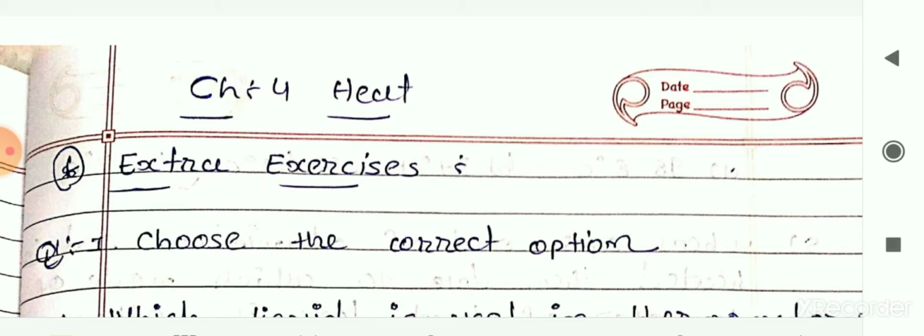And then we had seen some examples of insulators of heat. So wood, plastic, ebonite. Ebonite is the material which is made by mixing rubber and sulfur. It is a poor conductor, you can say insulator of heat. Other examples of this kind of substance are leather, wool, glass, rubber, etc. They are the poor conductors of heat.